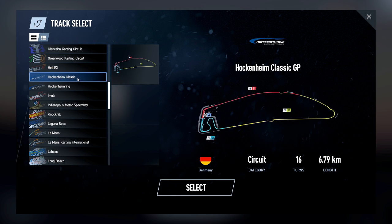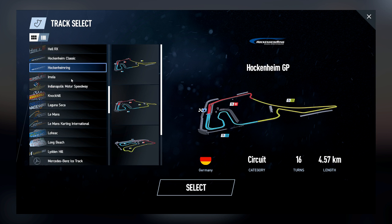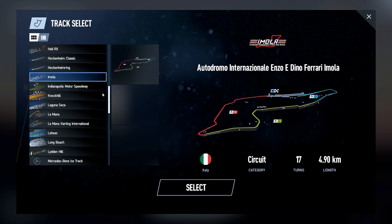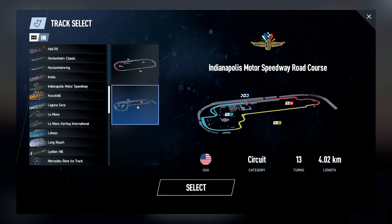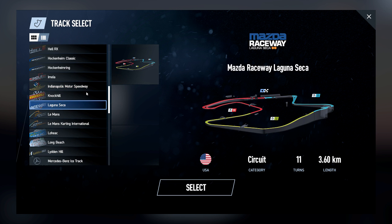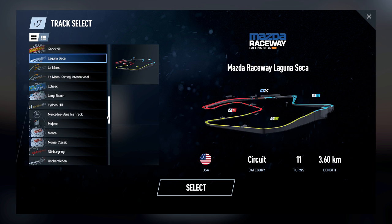Hockenheim Classic. Old school Hockenheim. Jeez, whew. I don't think I've ever done that. I like the new Hockenheim, mate. That's a good track. Imola's a good track. Indianapolis, nope. Oh, but they do have the actual road course as well. Yeah, okay. Sorry, I don't like oval tracks, if there's any Americans watching, which I don't think there will be, given that it was 3 AM for our crucial US here before, but...